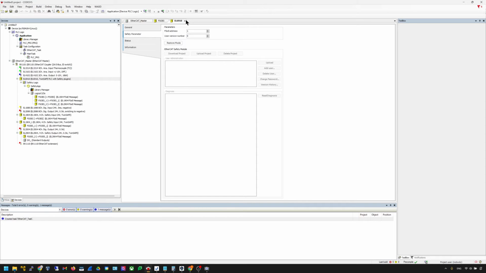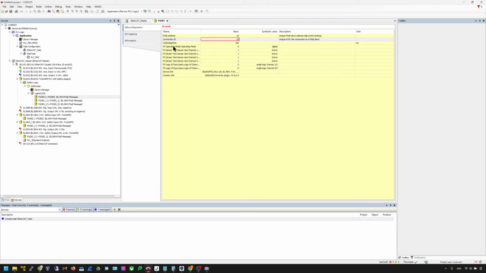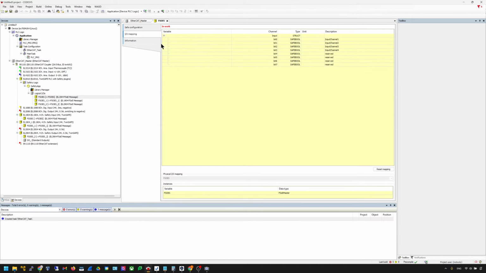Okay, so the FSoE address is finished and the connection is finished. Now we can do the IO mapping. So here is the IO mapping. You need the safety data here. You can see the data type is safety bool. So you can map,